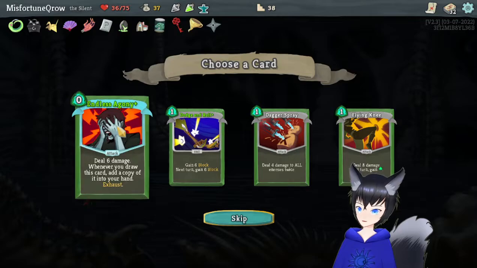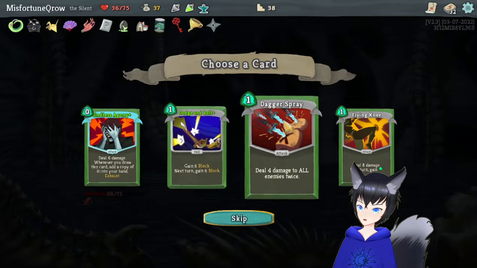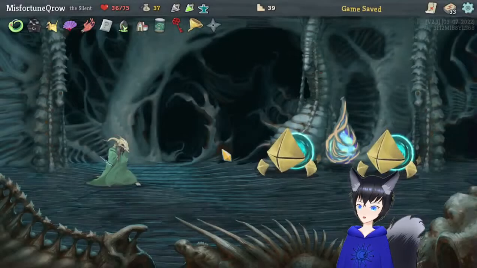We'll try that next time we think we're in danger. Deal 6 damage. Gain 6 block. Next turn, gain 6 block. Yeah, sure. We'll take that. Let's do the question mark. Because if we go to the shop, we have to...